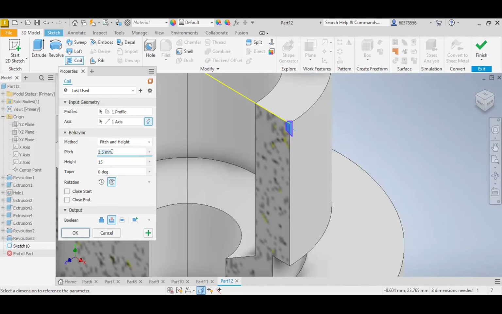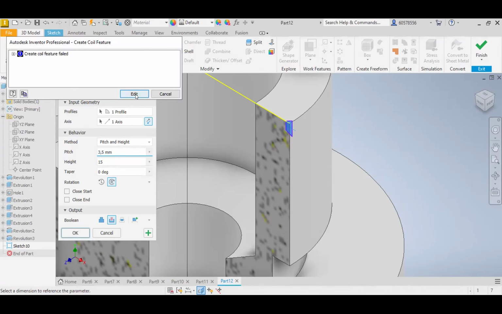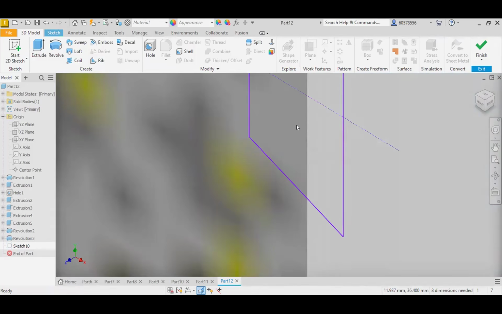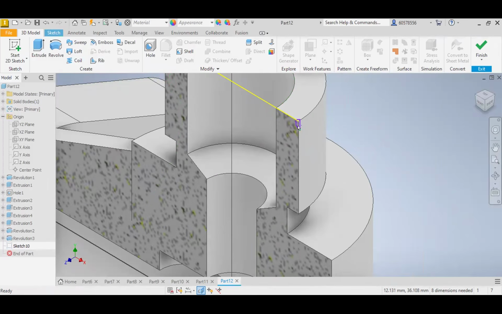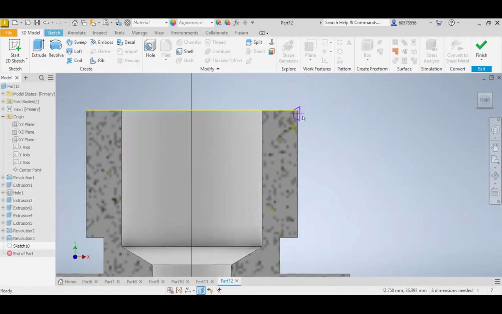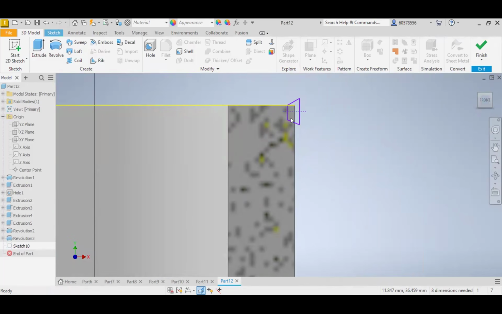That's my height and the pitch. Let me see if it does. Okay, it doesn't allow it. I just want to make sure I draw it correctly. So, unless